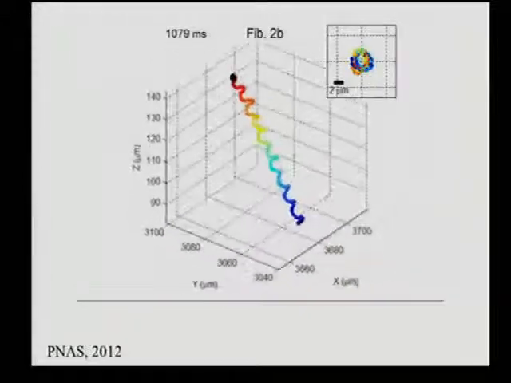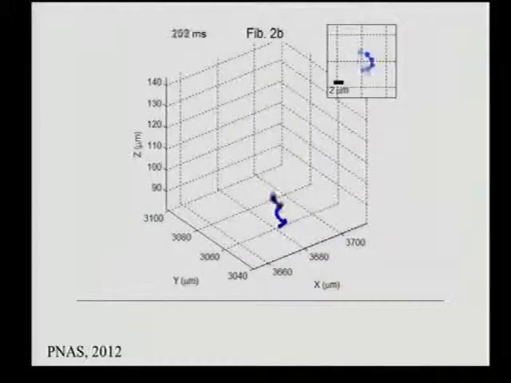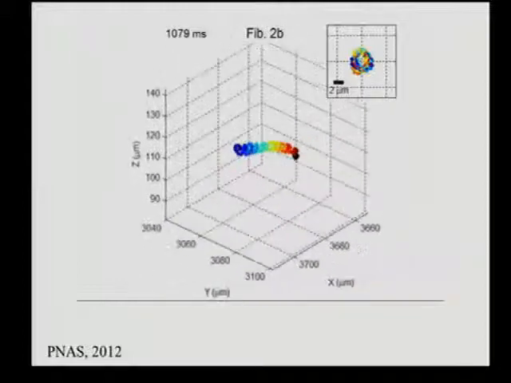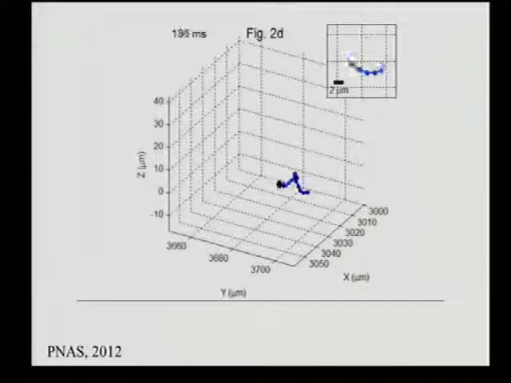And as you can see, it's quickly moving out of a certain depth plane. That's the reason why this kind of motion has never been observed using a traditional light microscope, because of the focusing problem as well as the low throughput. This is another one. It's a hyperactivated human sperm.